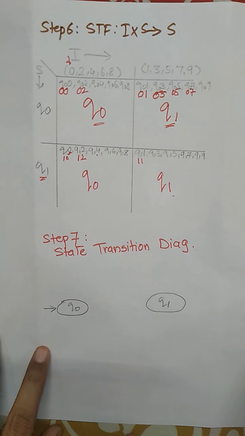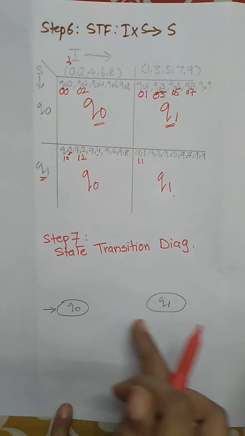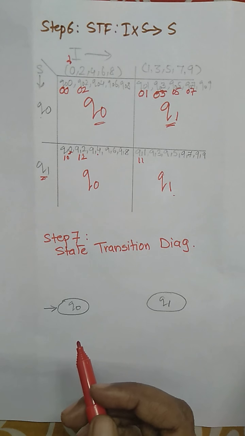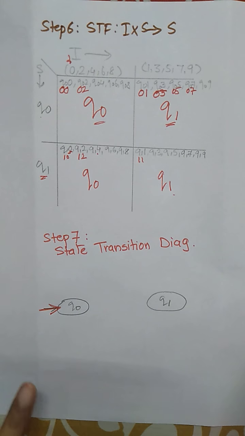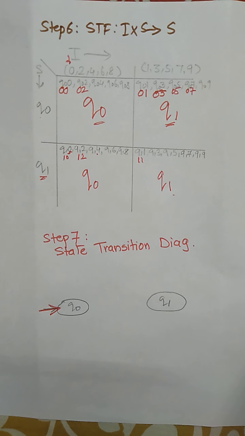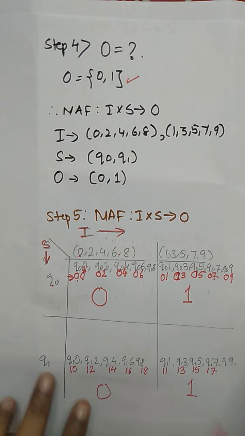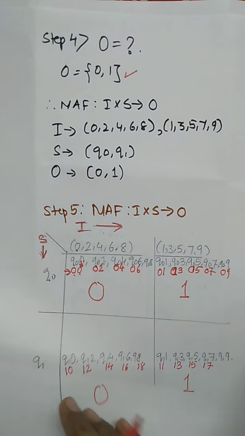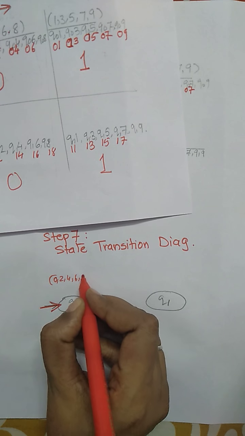Now the last and the most important diagram is the state transition diagram. We have marked two states, Q0 and Q1. Obviously all the division is done under the remainder 0 state, that is the Q0 state. So this is a very important marker. We have to put the initial state. We have to always mark the initial state. Now Q0. Now we have to check what is given in your state function, in your machine function. Q0 with 0, 2, 4, 6 and 8. So we have to write here Q0 with the input 0, 2, 4, 6 and 8.